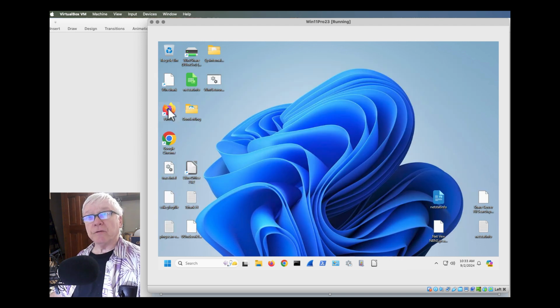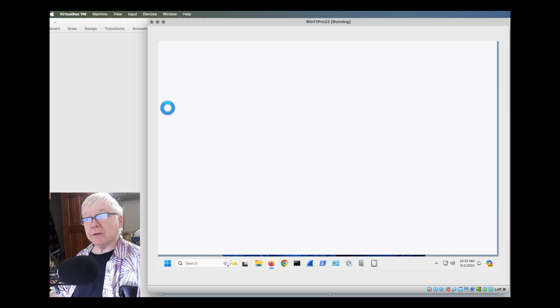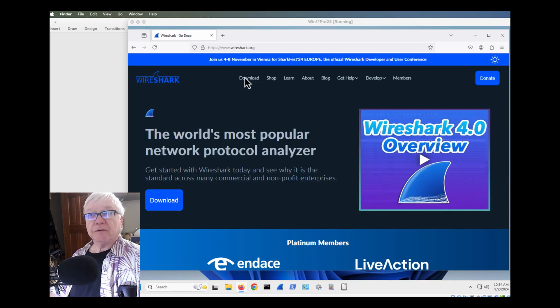All right, now we're going over to Wireshark.org. So we see there's a link for download and some merch and learn about it. Get some help. There's a forum. There's the documentation. There's the wiki. There's a place to post bugs. And then the big download. And there's a little video on some of the changes in version 4.0. If you want to donate to this nonprofit, which maintains the number one, with a bullet, for years, the number one protocol analyzer in the world.